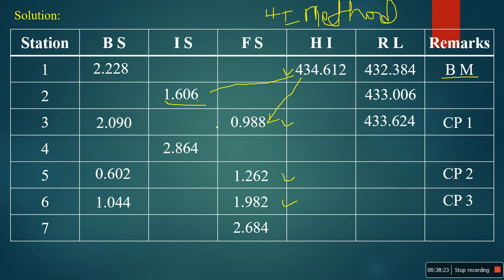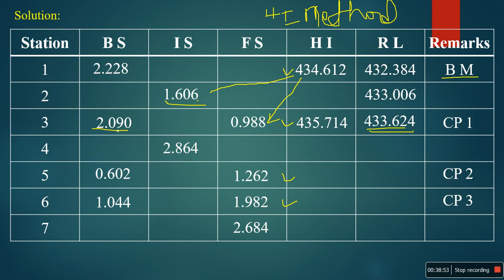Now here BS is there for the next instrumentation. We know the RL of the third station, so this RL plus this BS will give the height of instrument of the next instrumentation level. That is 435.714. You get this value by adding the RL of the third staff station, 433.624, plus